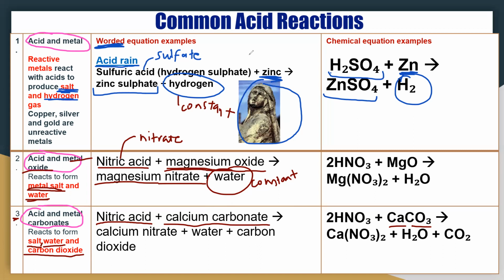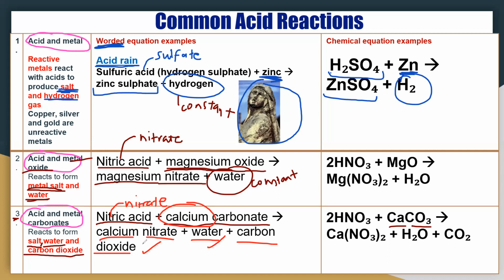Okay, if we look at our formula here, we can see that we've got water, we've got carbon dioxide. And the metal salt, we have to look at what metal is involved. In this case, it's calcium. The acid that's involved is nitric acid, which we know forms the salt known as nitrate. So then we've got calcium nitrate. That's our metal